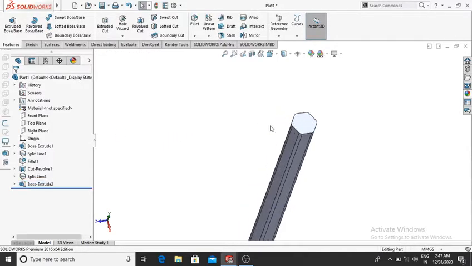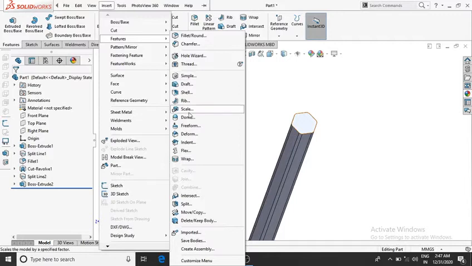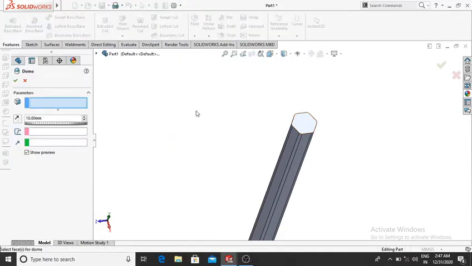And here we apply the dome feature on this face, so go to the Insert command, select features, and select this dome feature. Here we select this face and make it 1.5 mm.